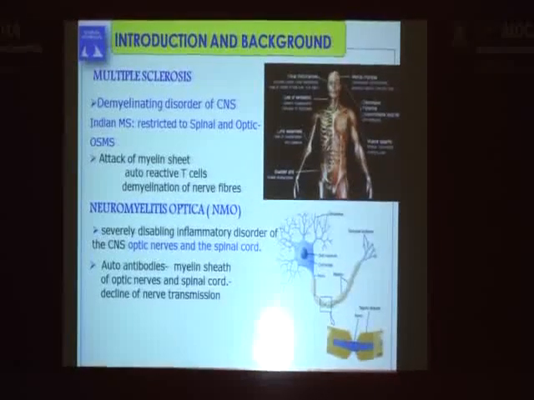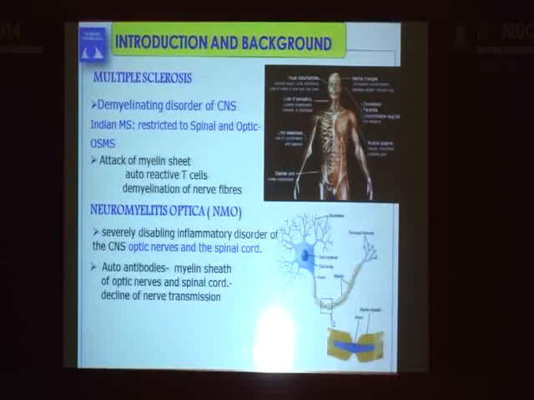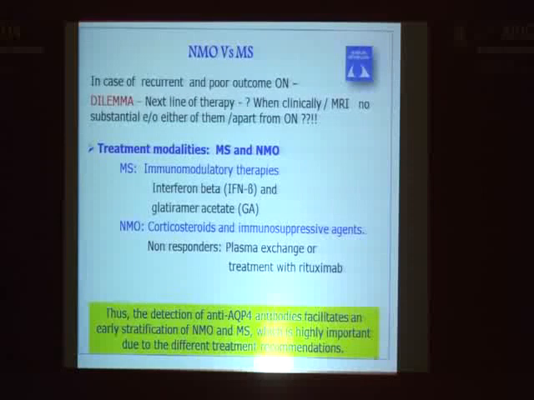And in our part of the country, adding to the confusion, we also have OSMS, which is another variant of MS. And coming to the treatment of optic neuritis per se, we are aware that IV steroids is a very good gold standard treatment. But what happens when we come across a poor outcome optic neuritis, when we get recurrent neuritis patients? So the next line of therapy can be one of these two, either an immunomodulatory therapy or an immunosuppressive therapy, which is generally offered as a line of management by the neurologist.